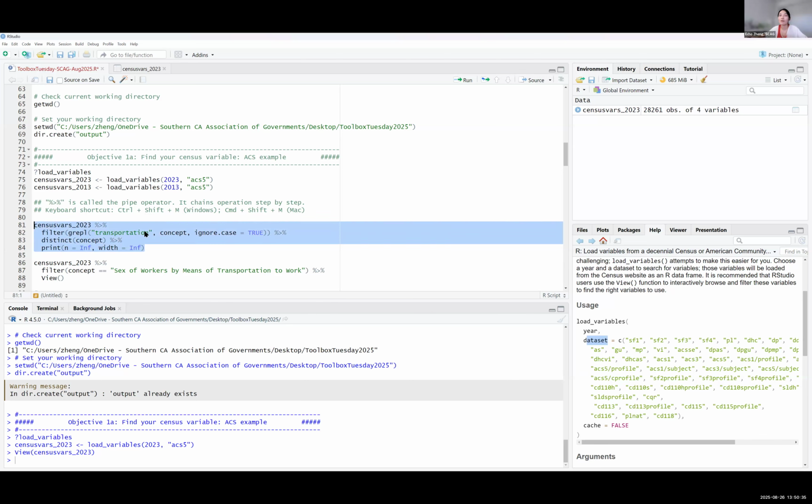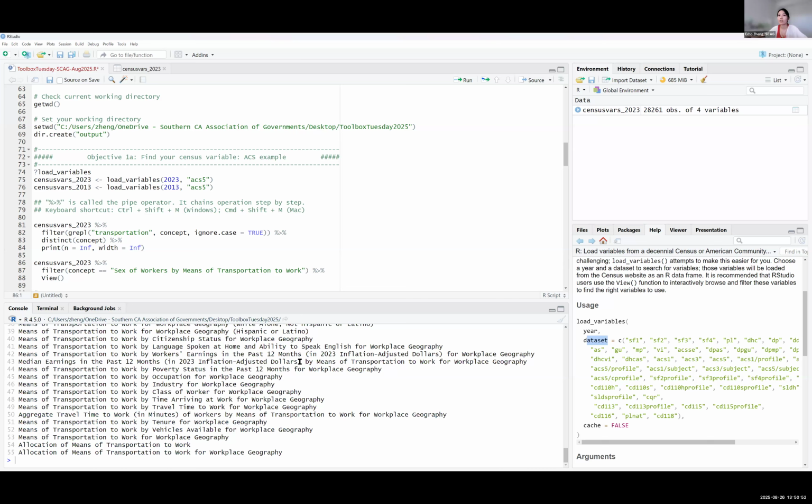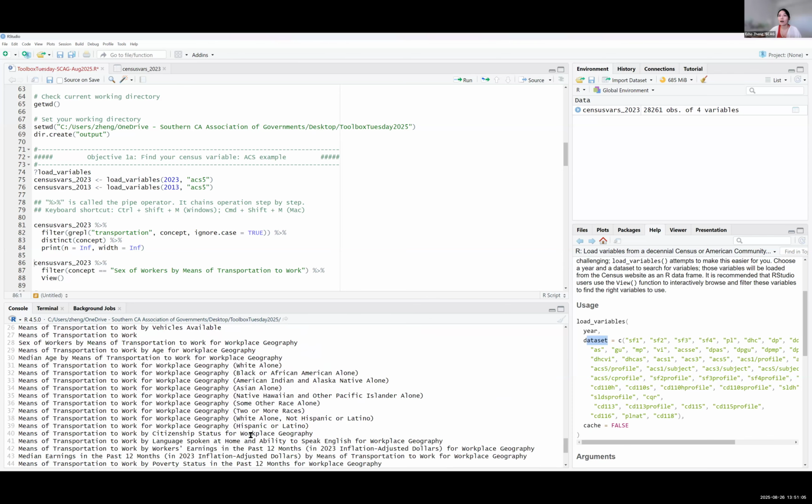Again, you don't have to memorize this whole code chunk. It's meant to be something that, if you have the script, you can just copy paste somewhere. The only place you might change is here, if you load the variables and call it something else. So let's try to run it. So you see all the outputs are here. There are in total 55 concepts, so 55 tables that contain the word transportation in it.